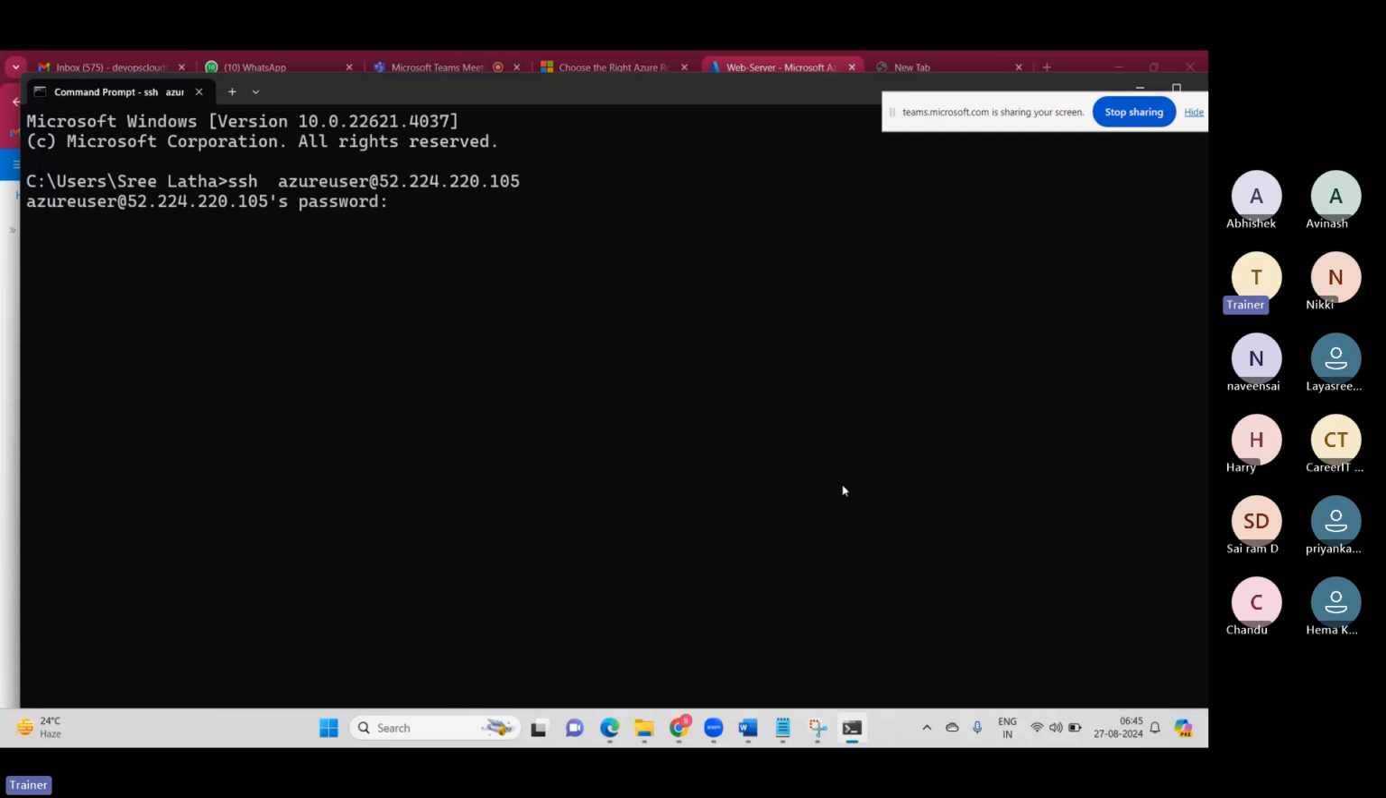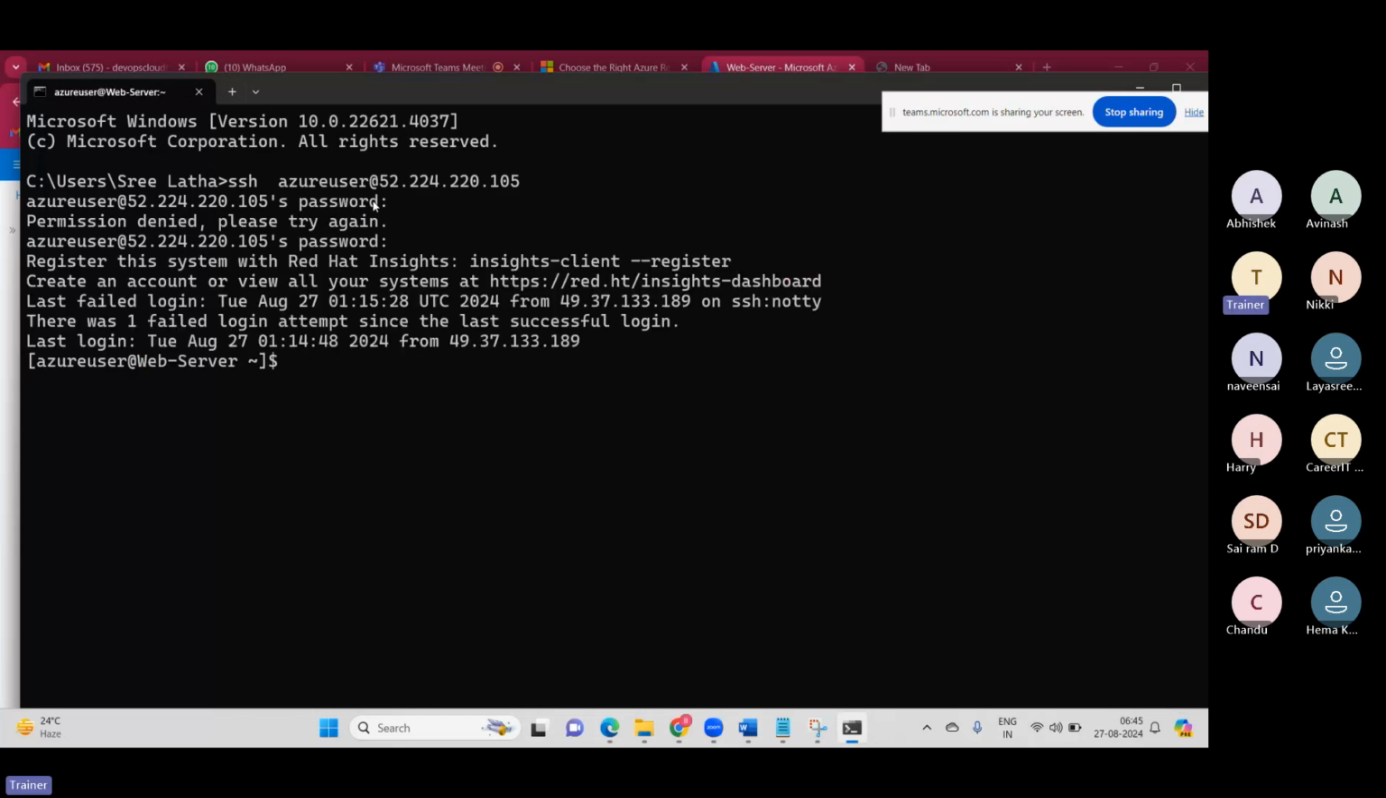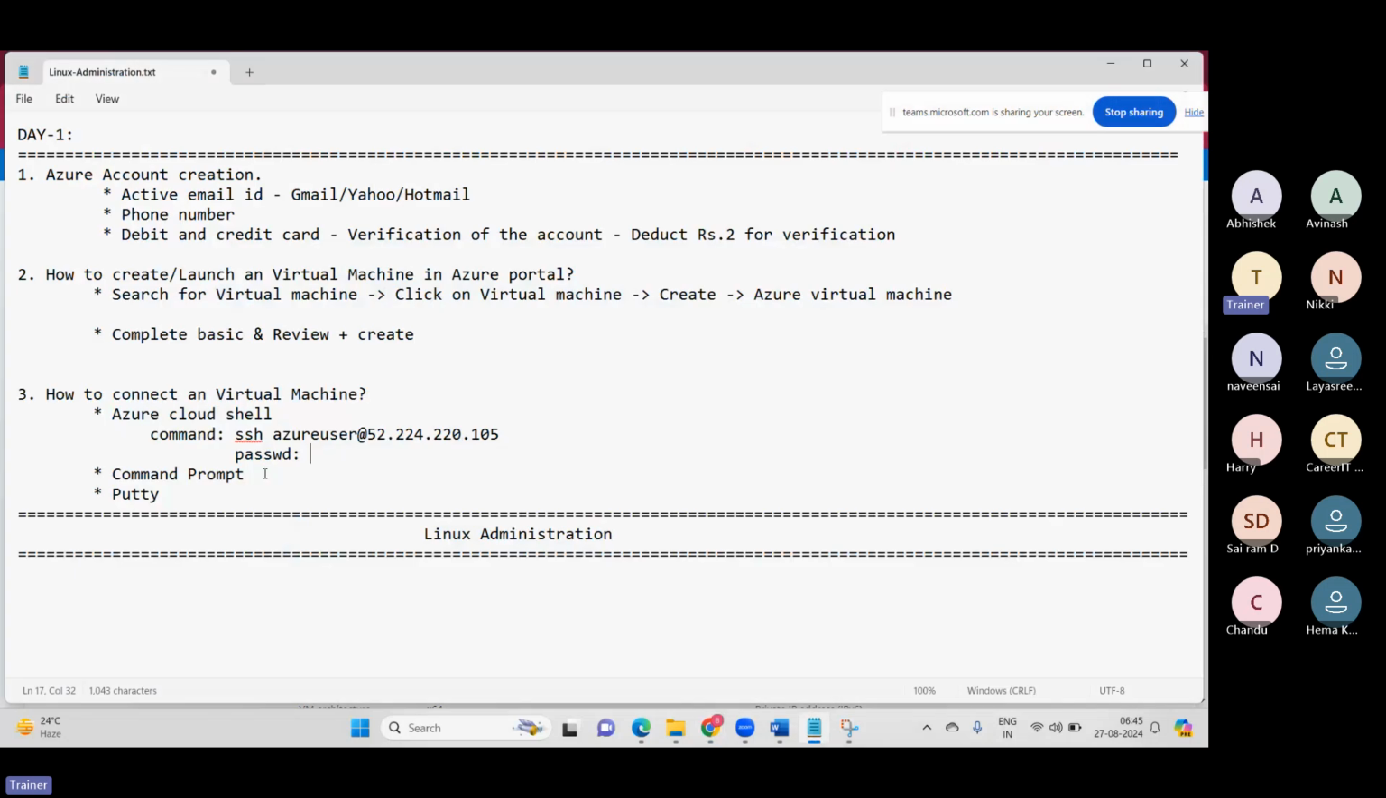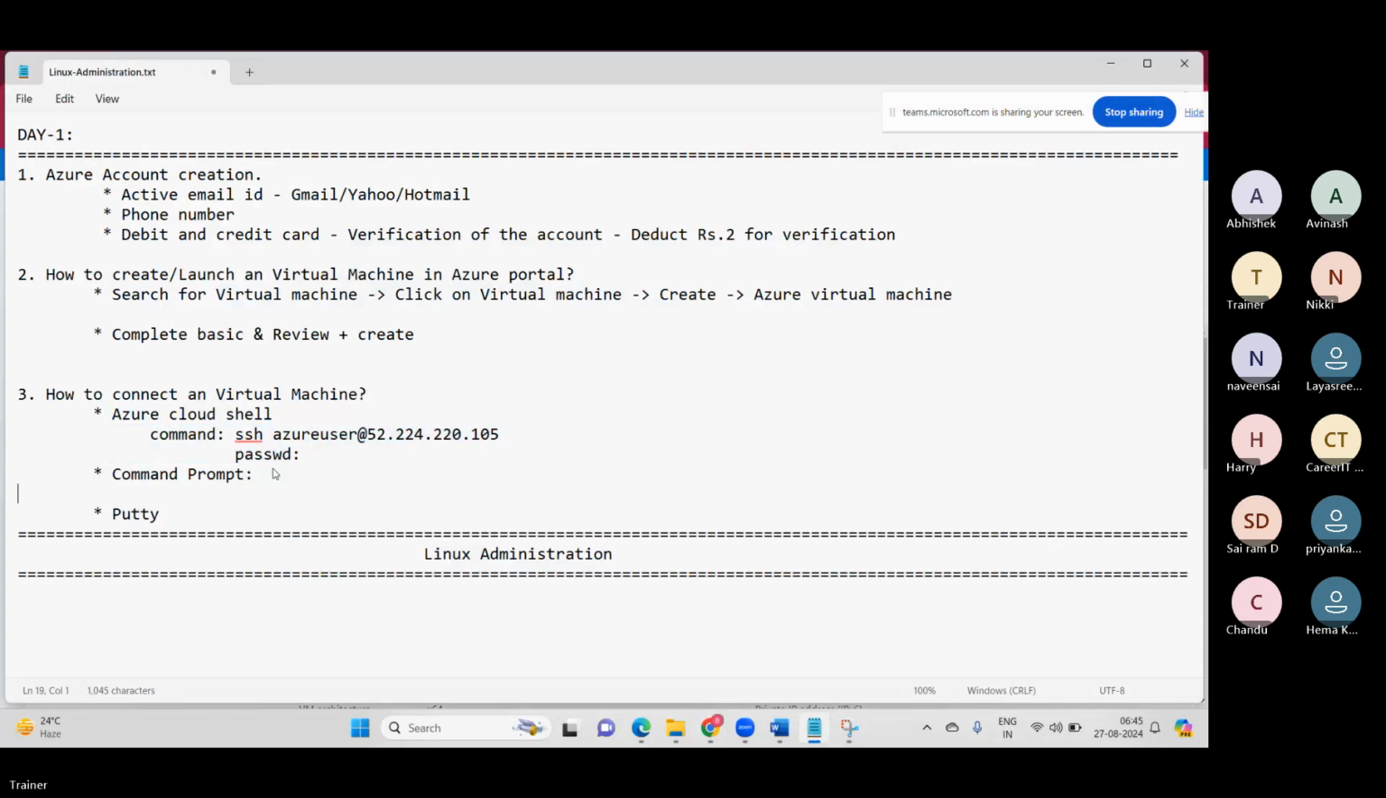You enter the password properly, and when you enter a password, it will not be visible. See here, I'm typing something, but it is not visible to me. Okay, it is not visible. And it is connected. Machine is connected. And finally you have